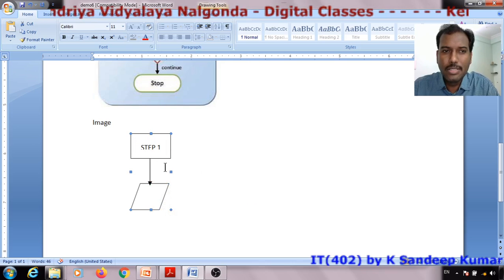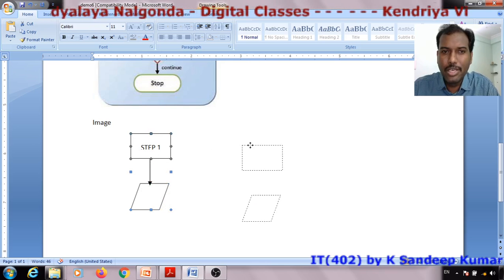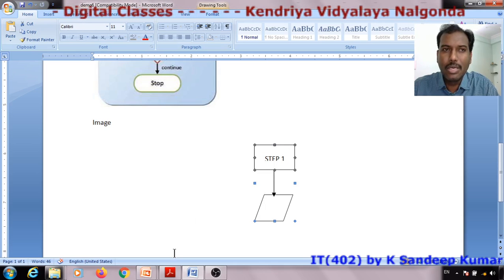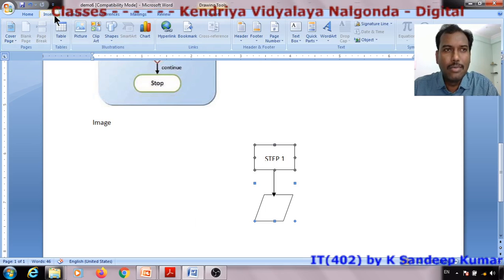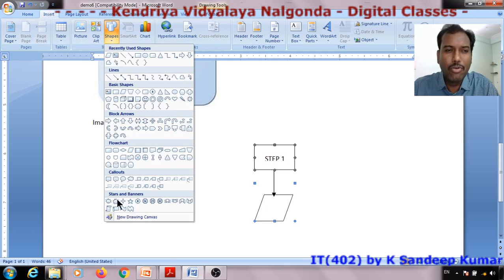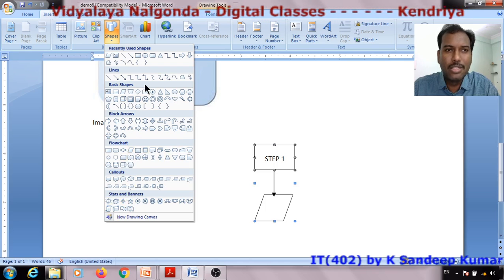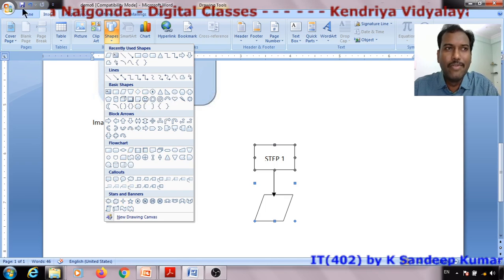Once it is grouped, then it will become an image. Then if you move it also, it will move entirely. Okay, this is about shapes. You will find many shapes, flowchart related, callouts, stars, banners, basic shapes, everything is available here.